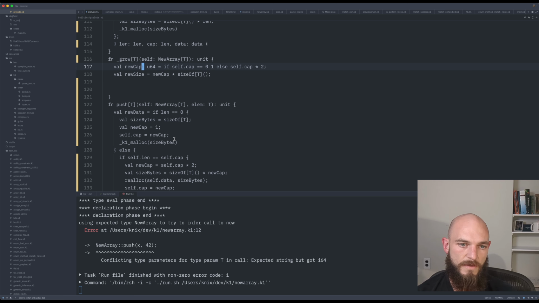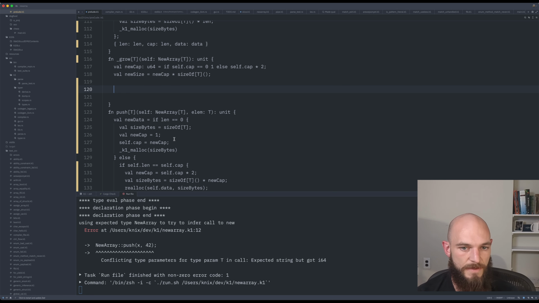So if all we have to do is grow, it's pretty simple. If the capacity was 0, it's now 1. Otherwise, we're going to double it. This makes sense. You can't just double it from 0. It'll never increase. So now we're going to say if self.data